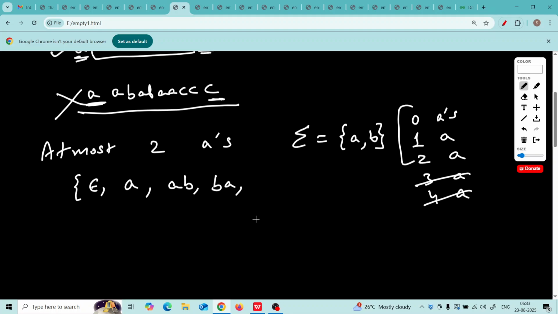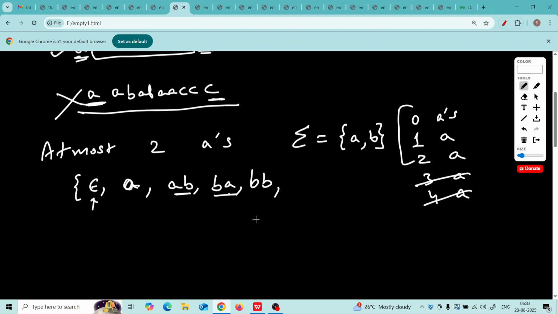Anything higher than 2 A's is not allowed. So this string has 0 A's, this string has 1 A, this string also has 1 A, this string has 1 A, this string has 0 A's. Please try to understand, very tricky question. At most 2 A's means 0 A's are also allowed.